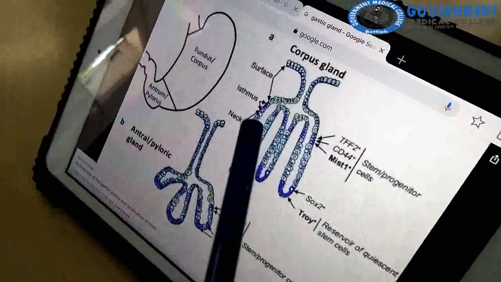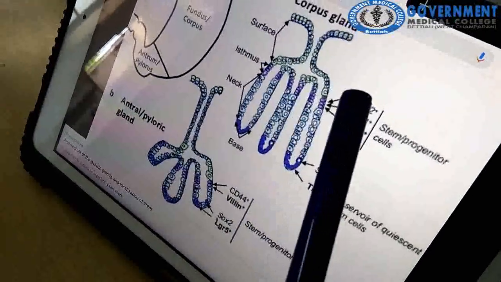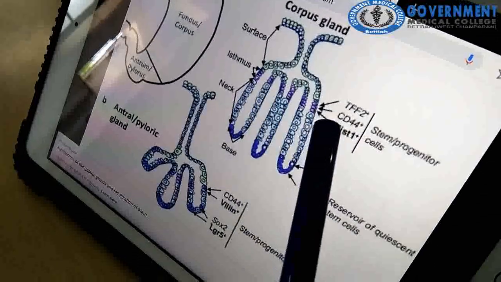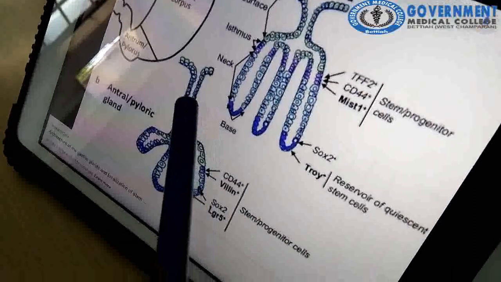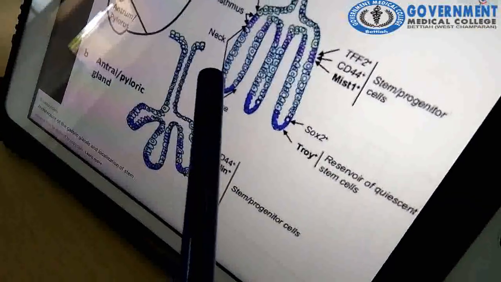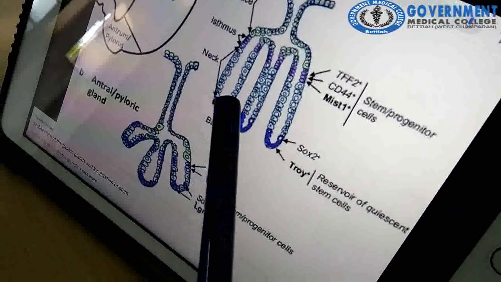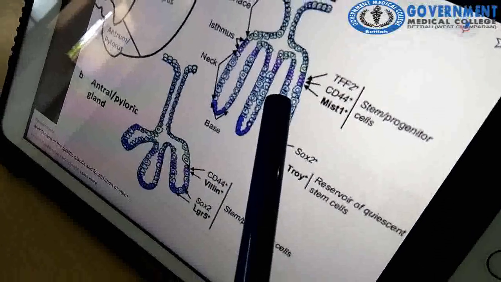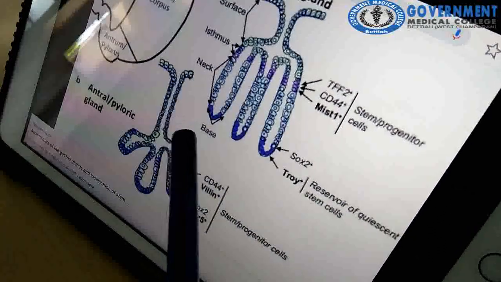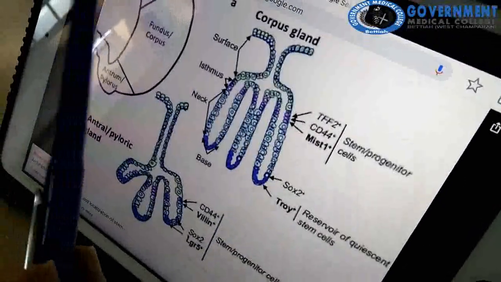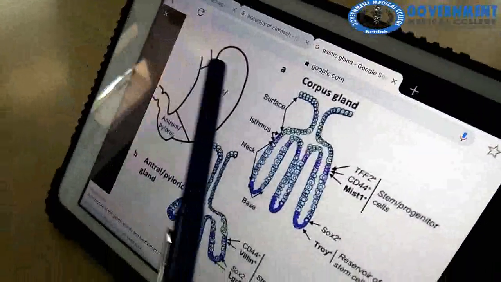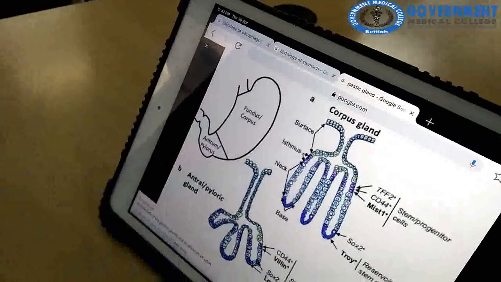The gastric gland is very important. Questions on gastric glands are often asked by examiners, so you should remember in detail, and you have to be ready to answer questions about gastric glands and how to identify the parts of a stomach by histological picture. This is a very important topic. Okay, thank you. Take care.